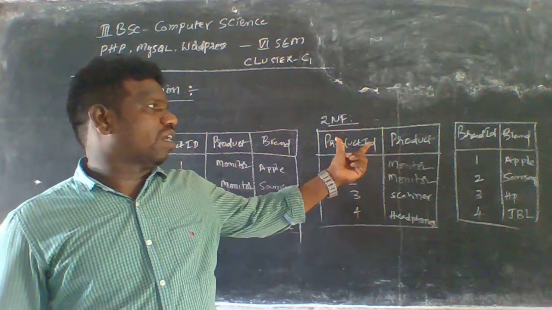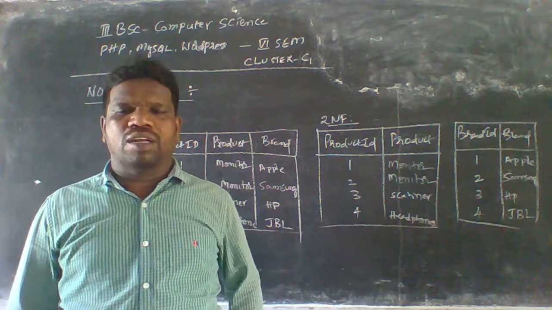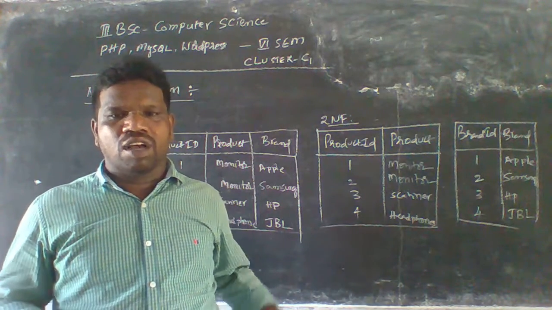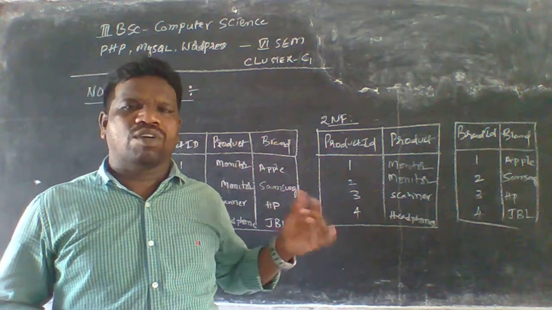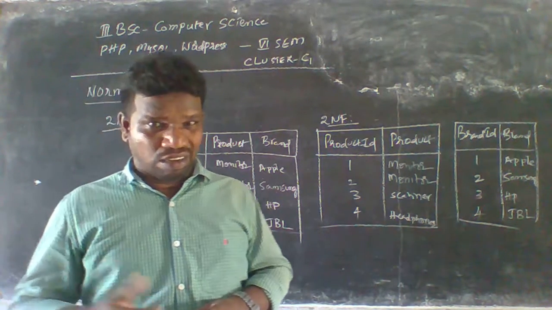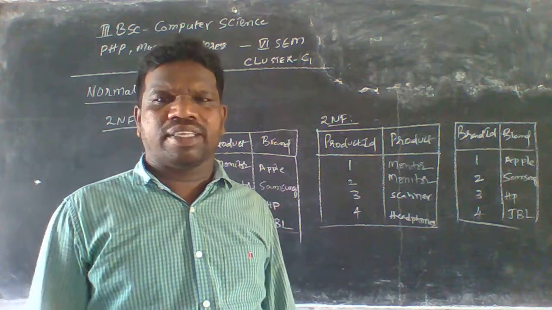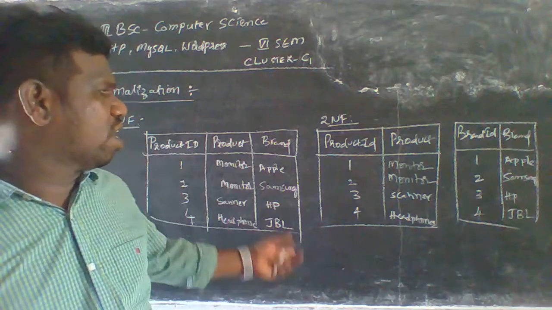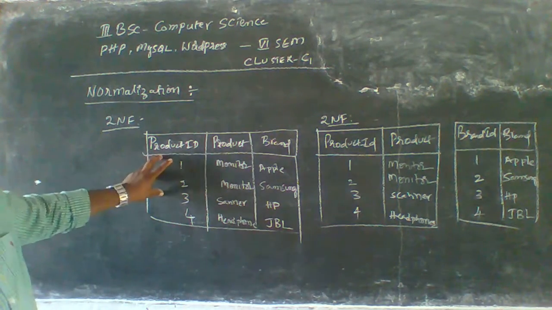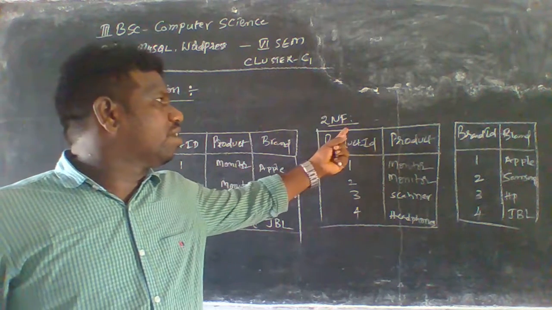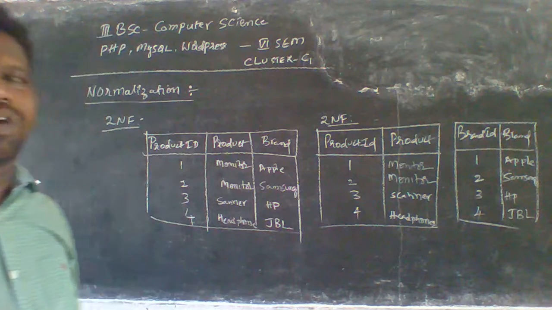These are connected with the product table following the product category table. The first one is the product table and the second one is the brand table. The product brand table has product ID and brand ID, 1 2 3 4. So these we call 2NF. We copy those tables. This is the original table, and we split it into the second normal form tables. Okay, so copy that.